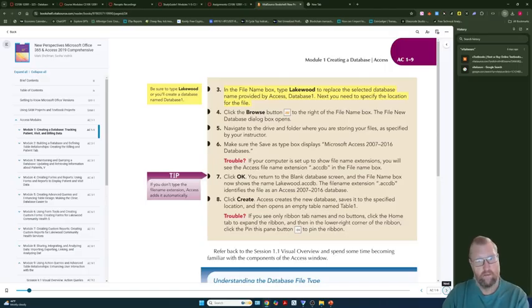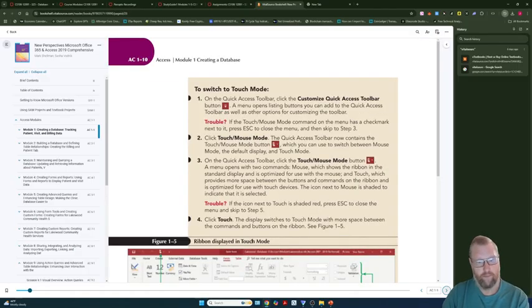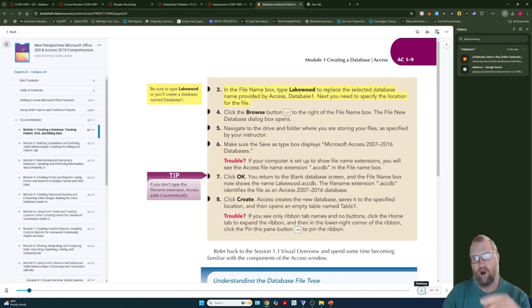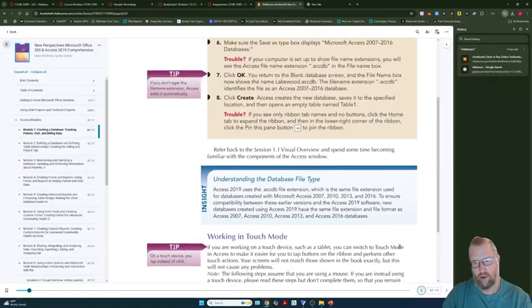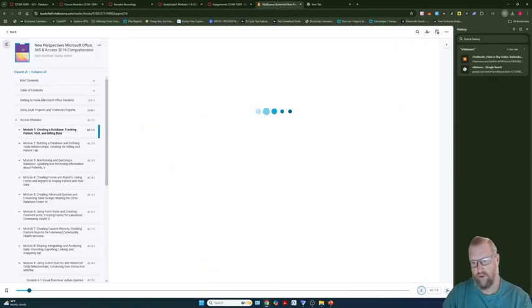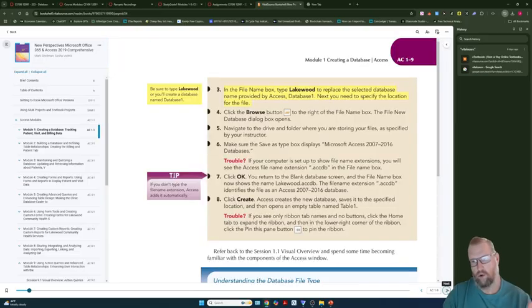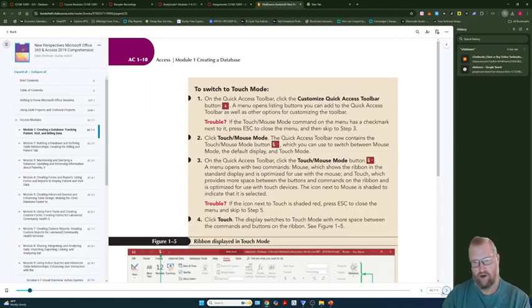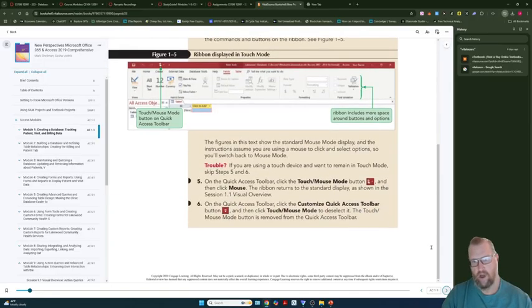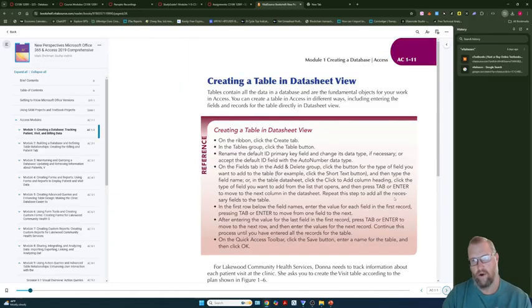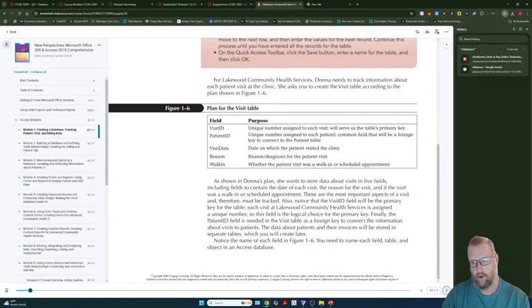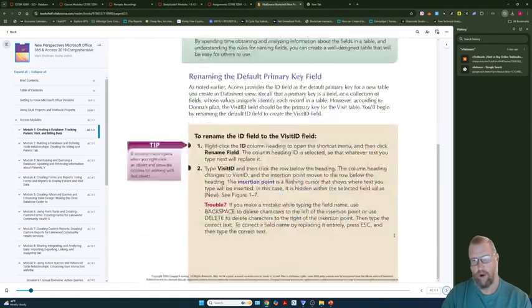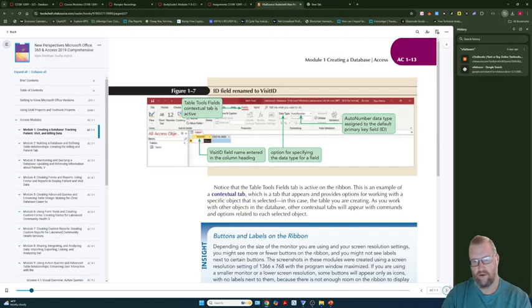Then we go to 3. It looks like each module is broken down by it starts off at 1, each sub-module, or each session in the module, you'll have different instructions, but you're going to go through the whole tutorial, the whole chapter, and you're going to complete all these instructions. And you're going to do it in order of the page that you've reviewed. And then you're going to keep going, keep filling out those instructions,